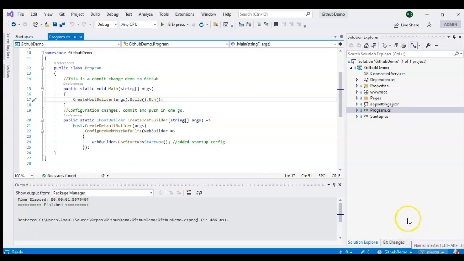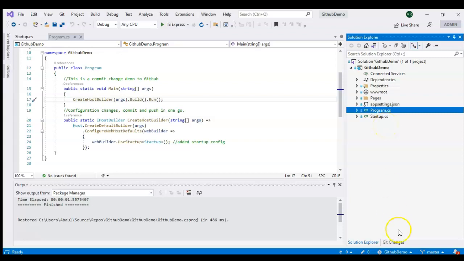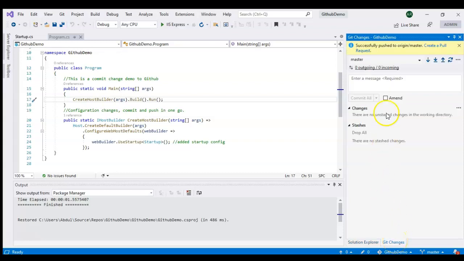Let me open the Git changes. Yep, Git changes, and here